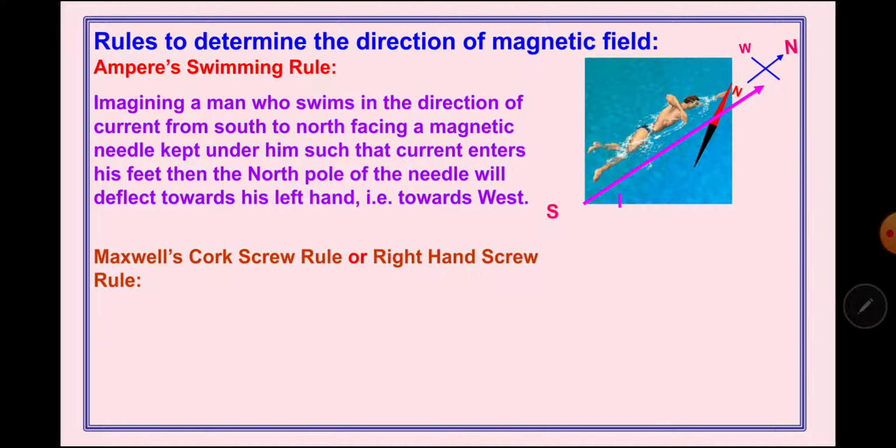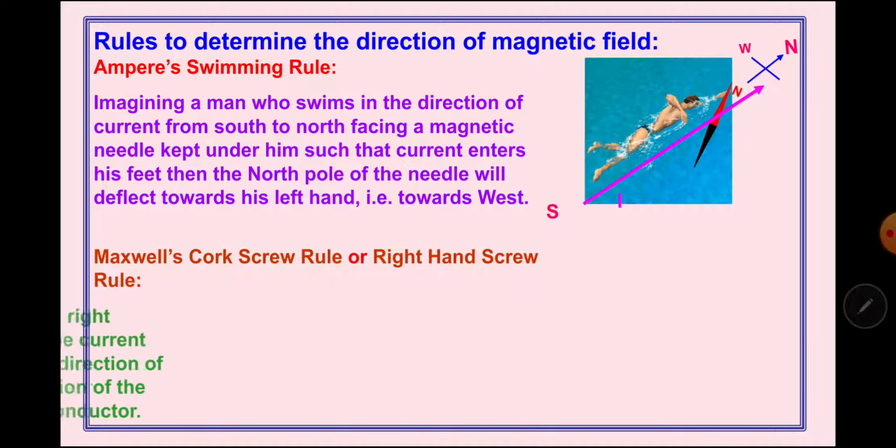Okay, the next one is the Maxwell corkscrew rule, or it is also known as the right hand screw rule. Students, right handed screw is the one to which if we give the right handed rotation, that means if we are watching it from the top, that right handed rotation will look like clockwise rotation. So that kind of screw we call as a right-handed screw, that if it is given a right-handed rotation, then it should close. And the left-handed screw we are considering, on giving it left-handed rotation, it will close.